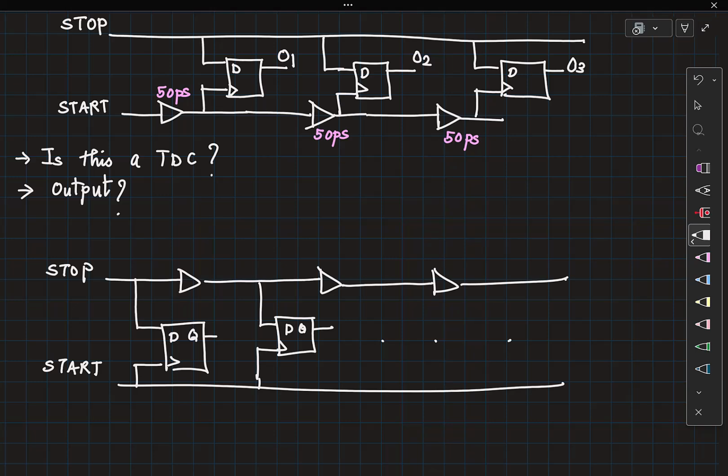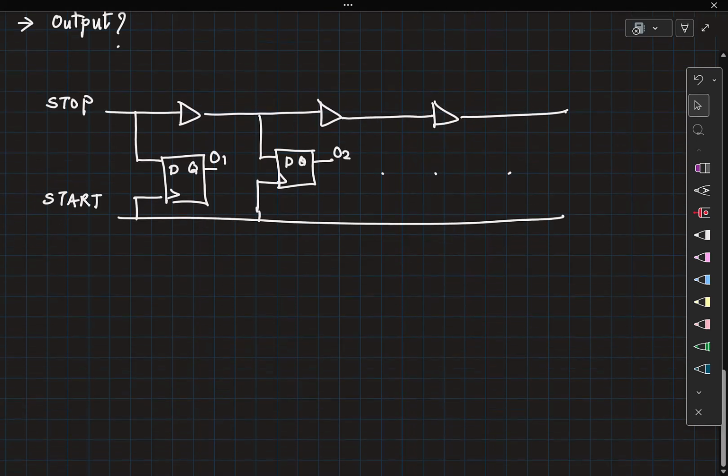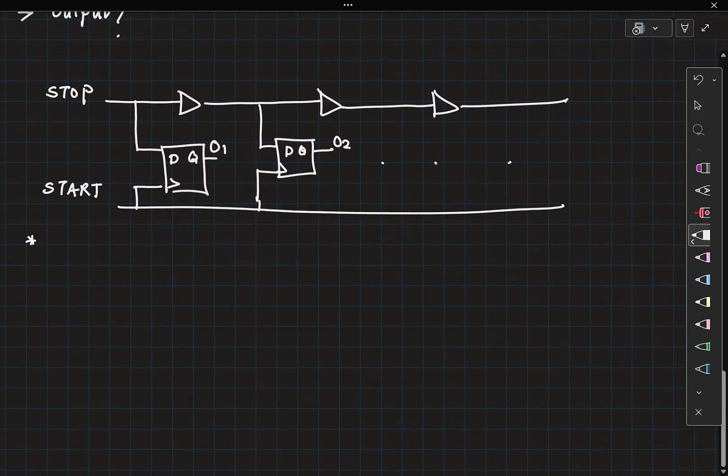Etc., etc. So this is your O1, O2, O3, etc. Same question. Can this act as a TDC? If so, what is the output? How will you interpret the output that you get?